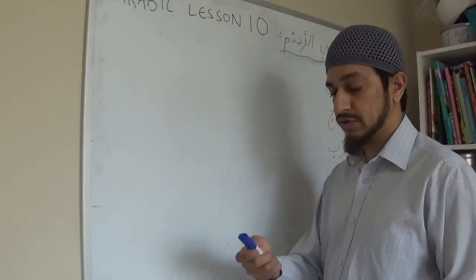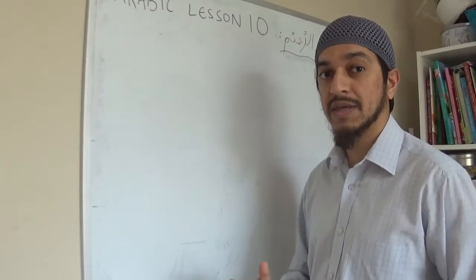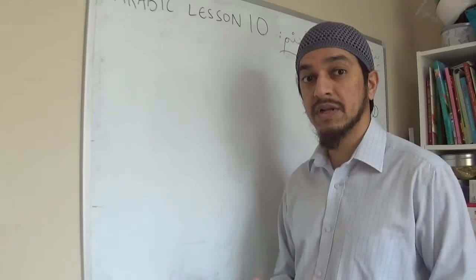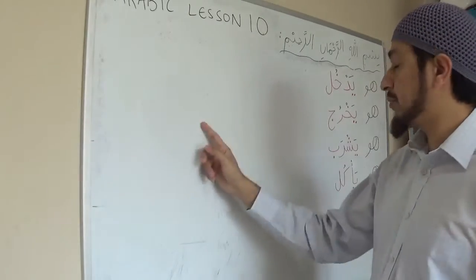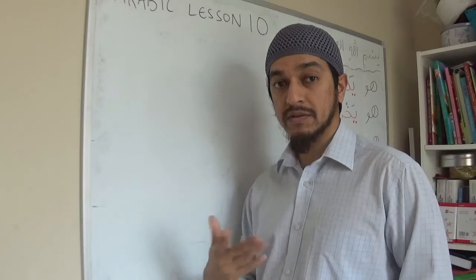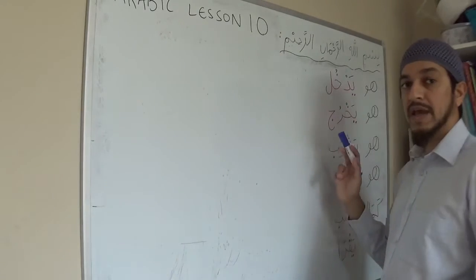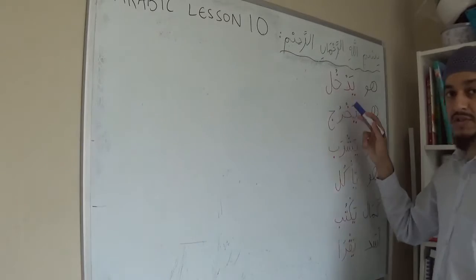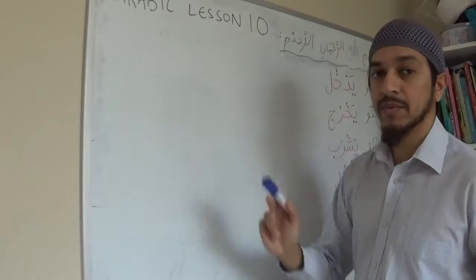The exercise is for you to try and go off and write from the vocab we have, from the isms we said, these are the nouns we've been learning with each lecture, to write what you think would be appropriate from the vocabs you've learned. So the first one is huwa yadkhul. He is entering. So this is the present tense. Huwa yadkhul. He's entering. And then you write from the ones we have.